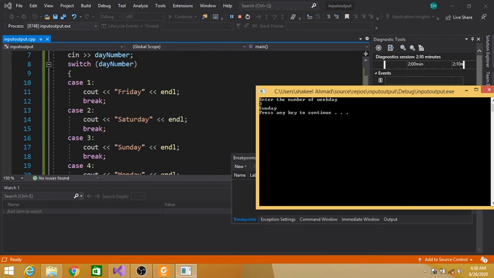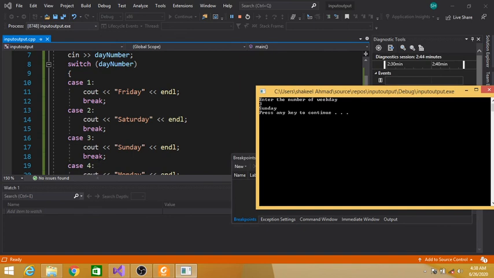See, this day number will be compared with each and every case, and it will match with any of these cases. Now it is matching with 3, so it contains 3 and 3 matches with 3, so the third case will be executed. And after executing this statement, the control will come to this break statement.